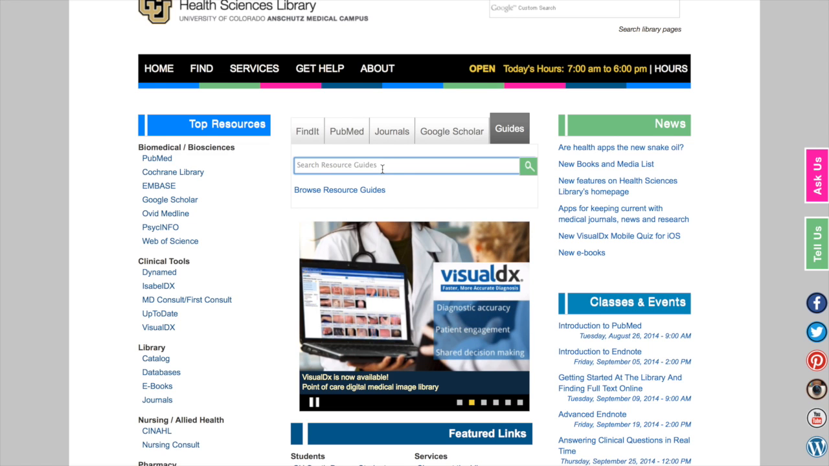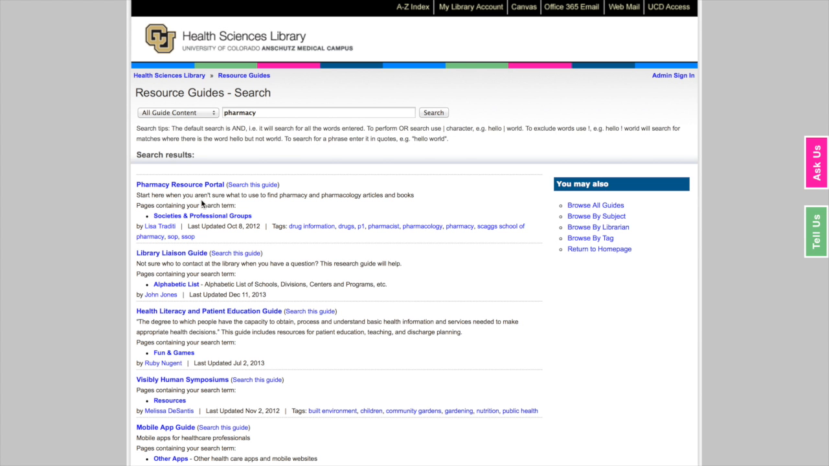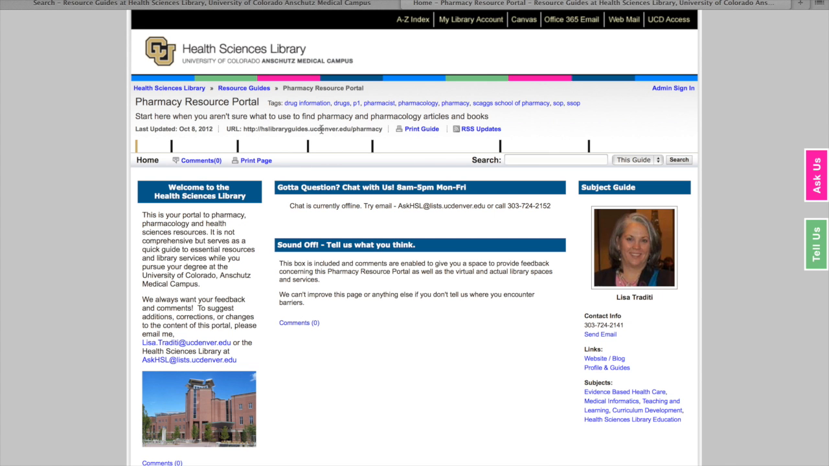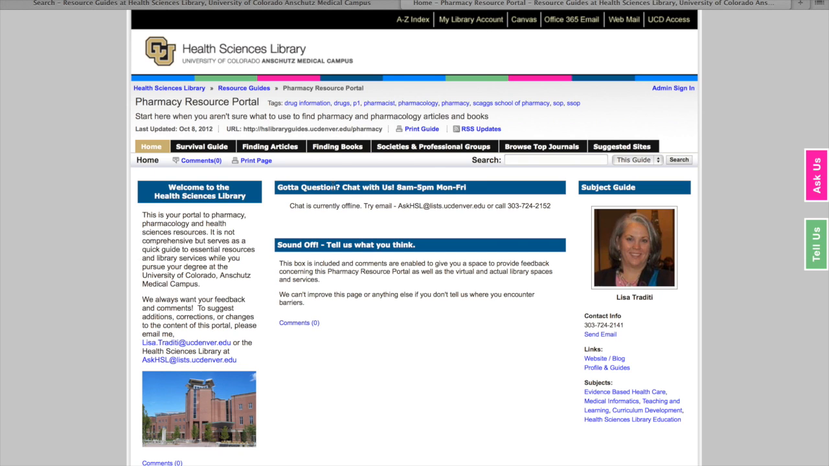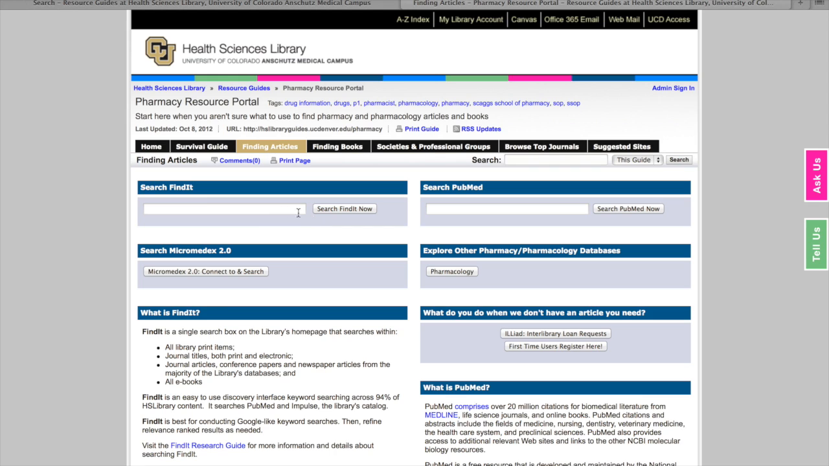If we type in a research topic like pharmacy, you'll see that a pharmacy research portal comes up. These are called LibGuides, and these were developed by the librarians. So you can see here under the pharmacy one, there's a survival guide. Tells you a little bit more again about the library. There's a tab on finding articles, which tells you how